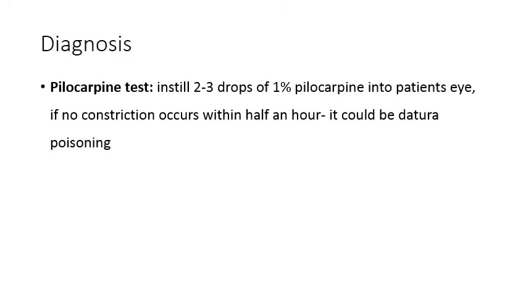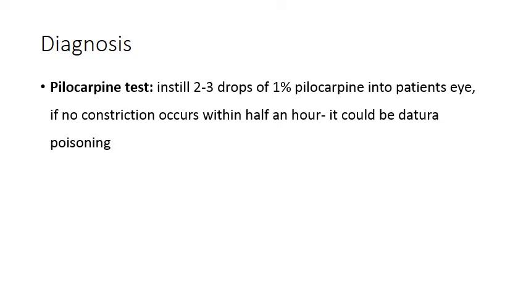Coming to the diagnosis, what are the diagnostic methods for Datura poisoning? There is one bedside test that is called the pilocarpine test. That is, if we instill 2 to 3 drops of 1% pilocarpine into the patient's eye, and you see that there is no constriction of the pupil within half an hour, then it could be Datura poisoning. Because 1% pilocarpine, if instilled into the eyes of a normal patient, produces constriction of the pupil. But if no constriction of the pupil is seen, then in such a case you may diagnose it to